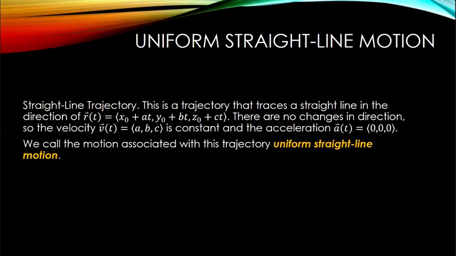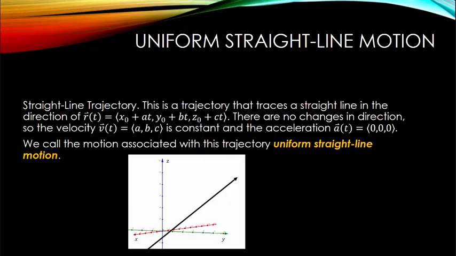r of t is equal to the components x sub 0 plus at, y sub 0 plus bt, and z sub 0 plus ct, there are no changes in the direction, which means my velocity, given by the components a, b, c, will be constant over the path of the trajectory, and the acceleration, a of t, will be the zero vector. We call motion associated with this kind of trajectory uniform straight line motion. And when I plot it, even in 3 dimensions, you can see that it forms a straight line with no